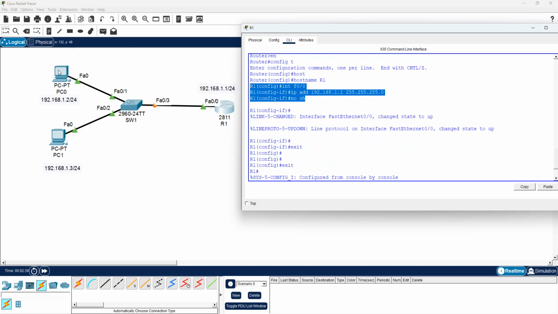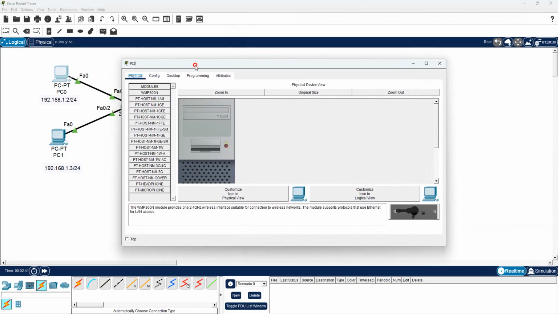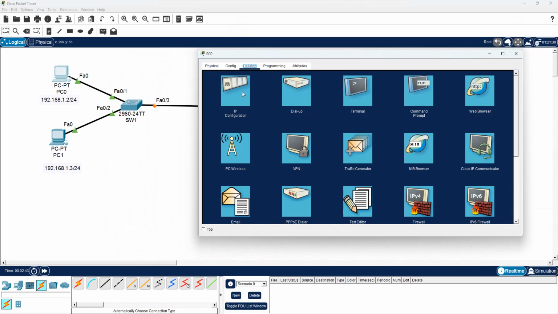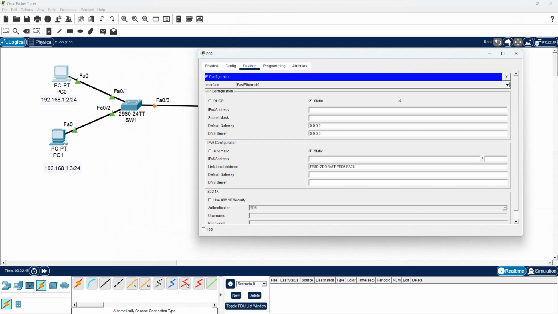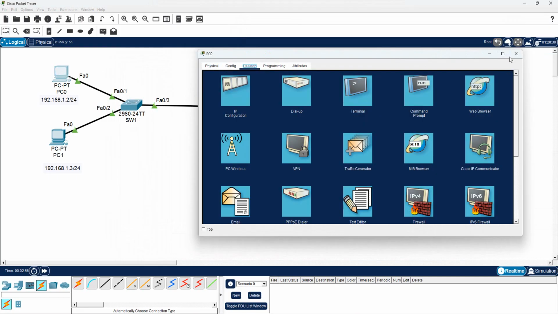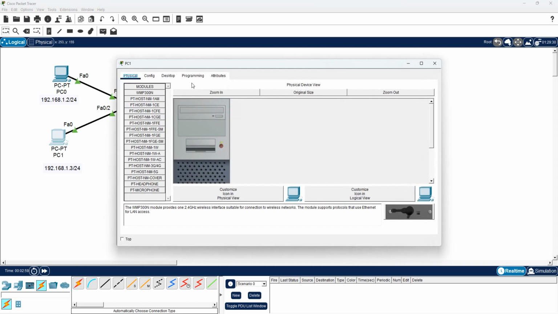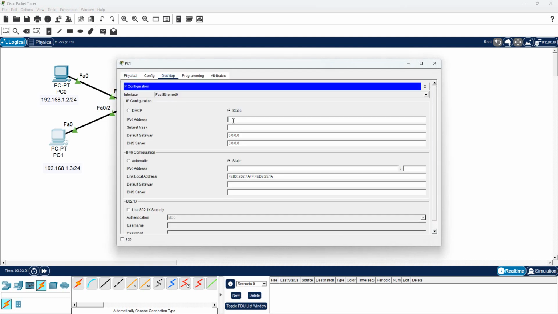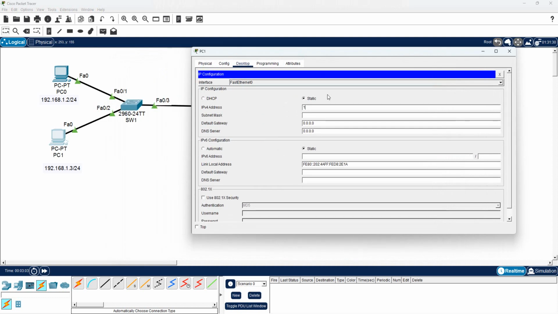Now if you want to configure the IP on this machine, just go to Desktop, go to IP Configuration, and type the IP 192.168.1.2 and press the tab key. The subnet mask will come automatically, and here we keep the router interface IP, that is our gateway. That's all. In a similar way you can go to this computer and type here also